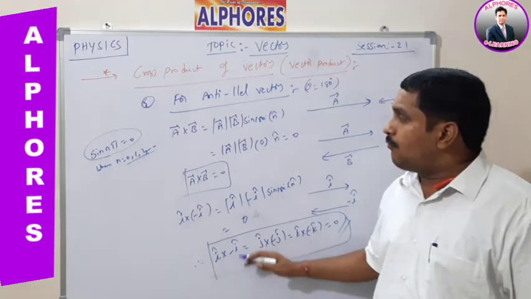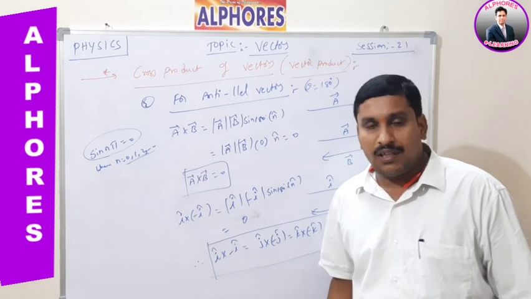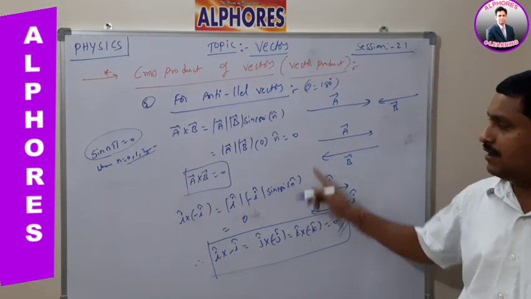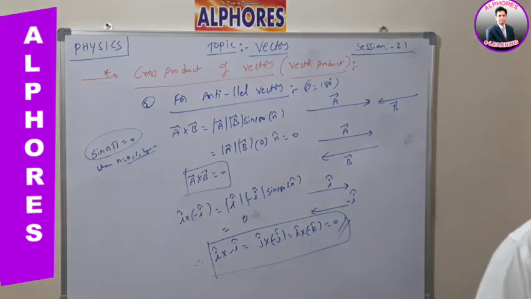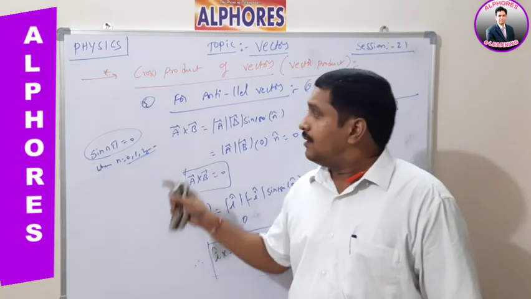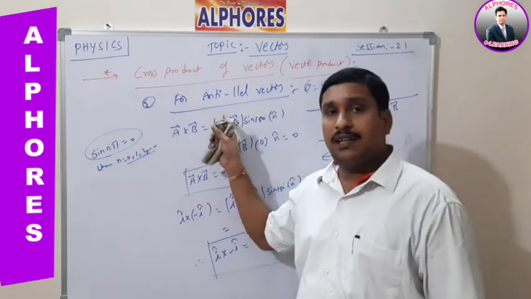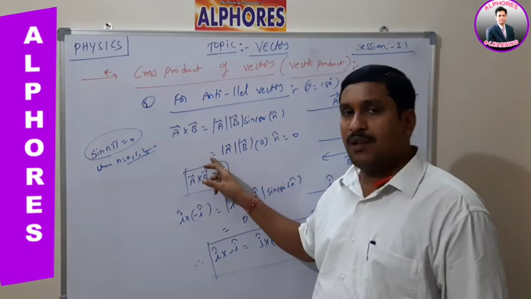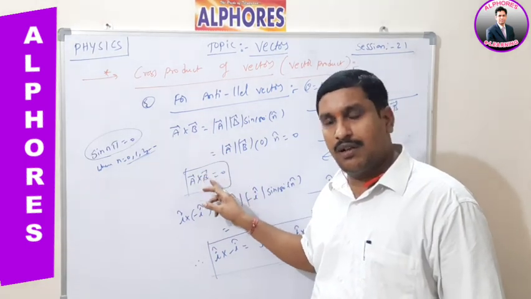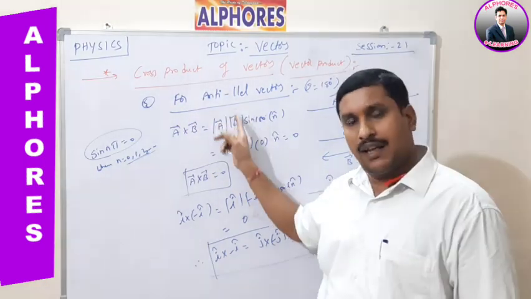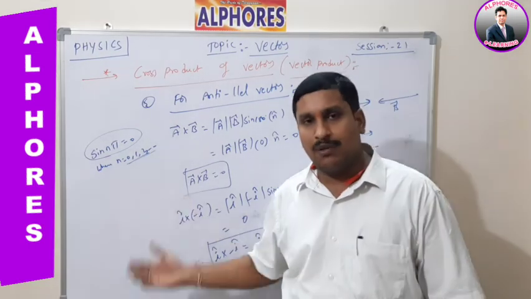Now, what about the cross product for orthogonal vectors? Please all of you write down these points also. These are very important. I have to discuss the cross product of two vectors when the vectors are perpendicular, but that can be discussed later. First, you have to observe the basic properties of the cross product, like the commutative, associative, and distributive laws, and the result of the cross product of two vectors when the vectors are parallel and anti-parallel. Tomorrow I will discuss the remaining properties. Right, thank you.